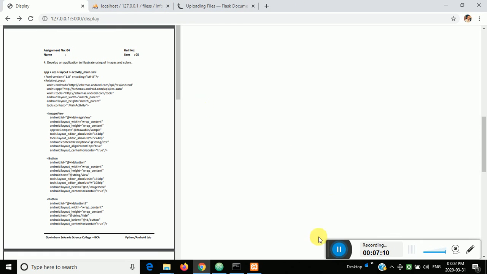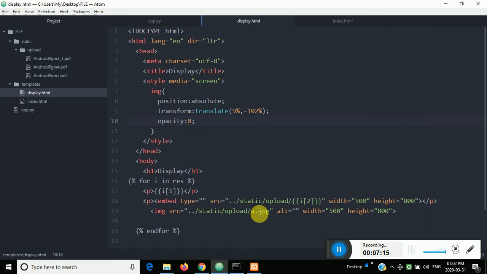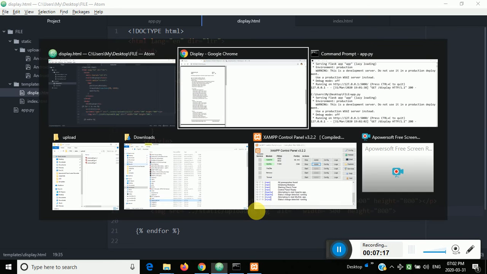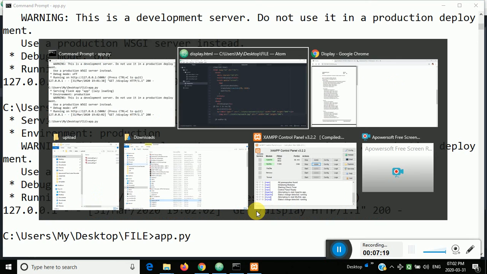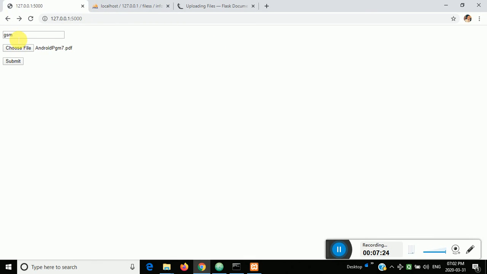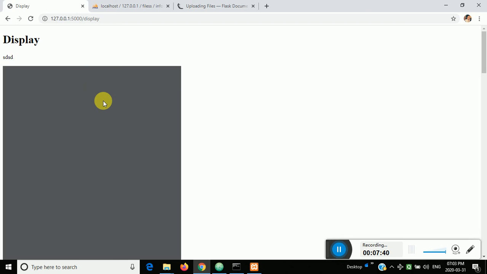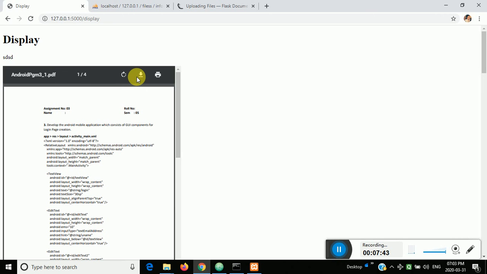Okay, so now you can change the image also. I just put here B, and let's see what I'll do. I'll go here, I'll put like this one file, just put program number 6, open, it's there.